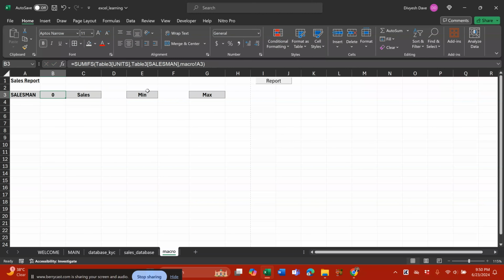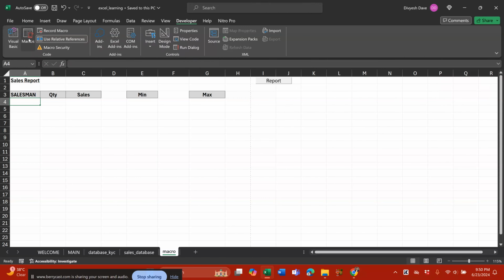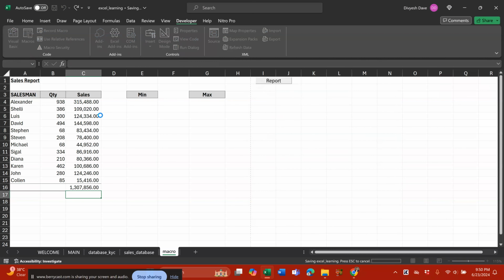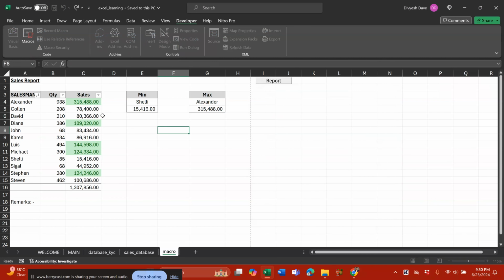Sales. And what was that? Items, or maybe you can say quantity. You keep your cursor here. Go to developer, macros, run the macros. That's it. So every time you run this macro, it will save a lot of time for you, and you